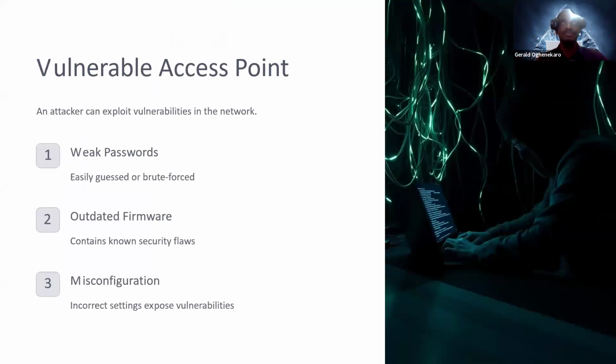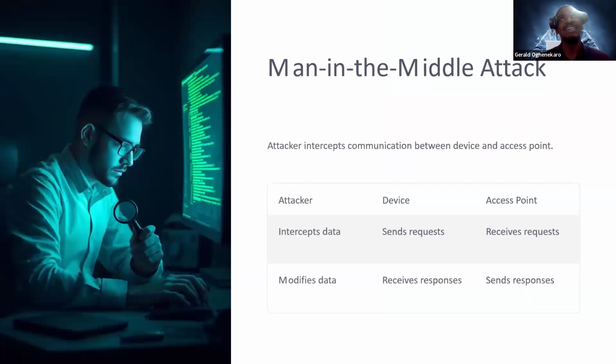So vulnerable access points, like I've said, so weak passwords, outdated firmware, and misconfigurations. These are the things that would allow an attacker to carry out this attack successfully and eventually perform what we call a man-in-the-middle attack. So imagine this whole process I've explained to you, how to reach a web application, right? But now imagine somebody, an attacker or an evil friend connected to your network, sitting in between your device,